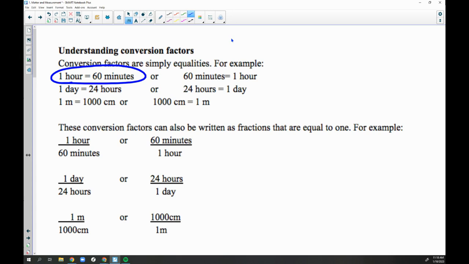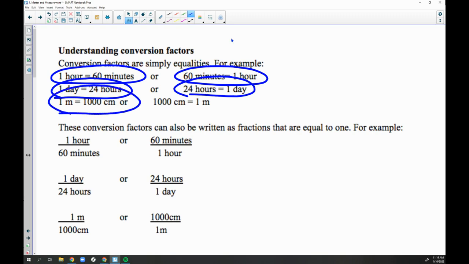And we know we can also flip that around and say that 60 minutes equals an hour, okay? So I think we all understand that 1 hour has the same value as 60 minutes, right? It's the same amount of time. It's just a different unit. Another example of this is 1 day equals 24 hours, or 24 hours equals 1 day. And if we want to talk metric stuff here, we can say 1 meter equals 1,000 centimeters, or 1,000 centimeters